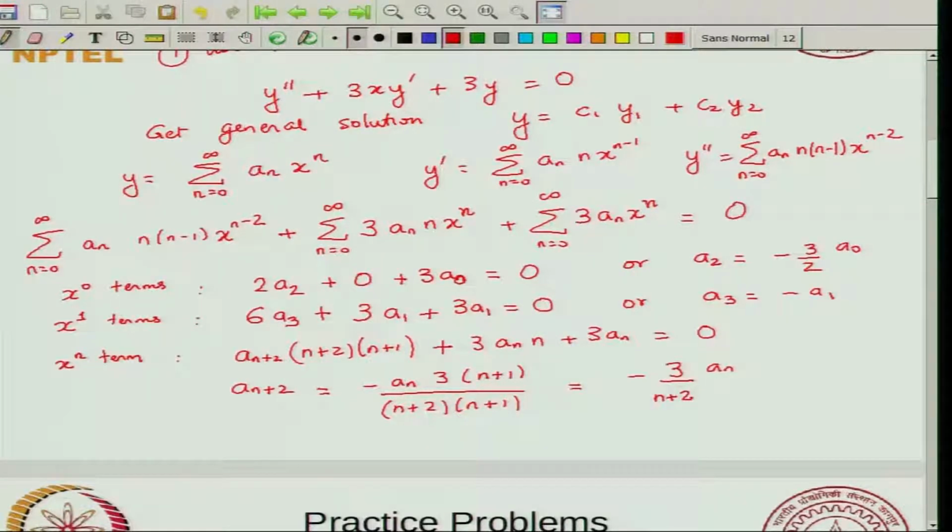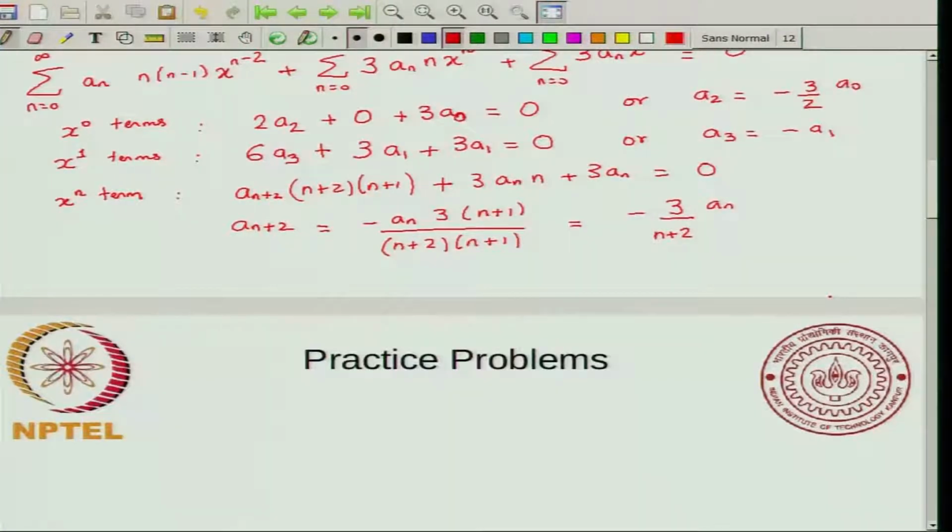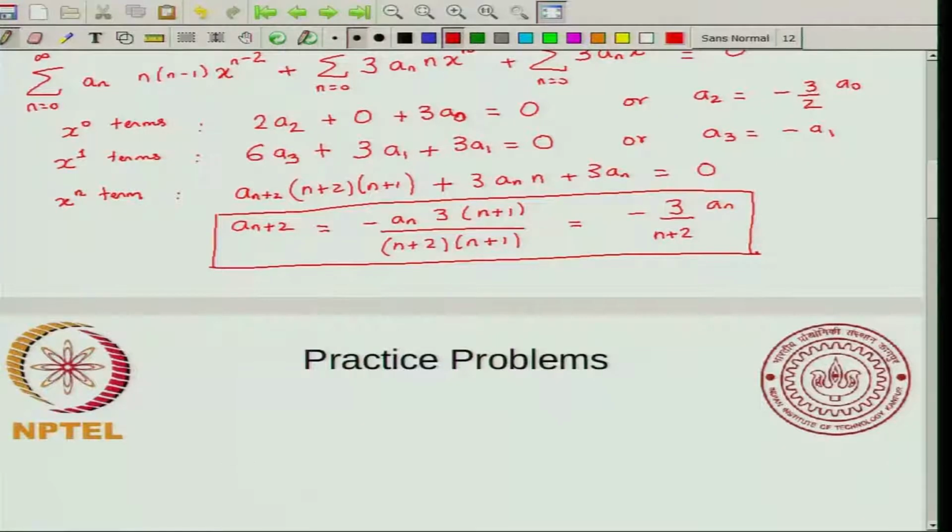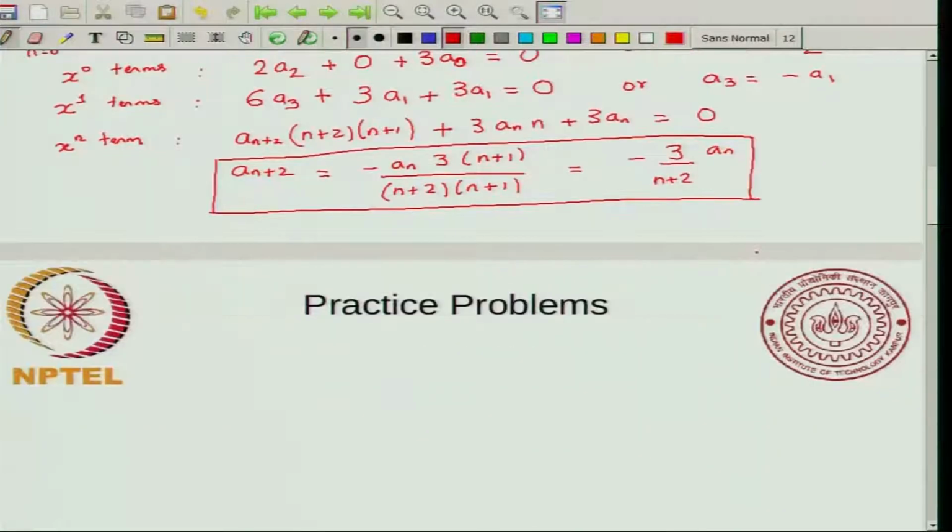Incidentally, if you put n equal to 0, then you recover the a2 and a0 relation. If you put n equal to 1, you recover the a3 and a1 relation. So this is a general recursion relation from which you can get all the terms. Okay, so now that we have that, let's